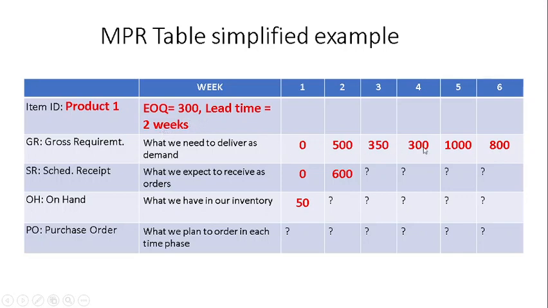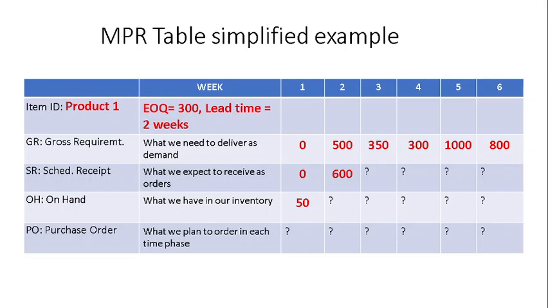So here I have filled some values regarding the demand that we expect for every week. For the first week, we're not supposed to deliver something. Second week, 500 items of product 1. In week number 3, 350, and so on. So as you can see here, this is an estimation of what we are expected to deliver from our production line. Now, the scheduled receipt shows if we have already placed some order and we expect to receive some